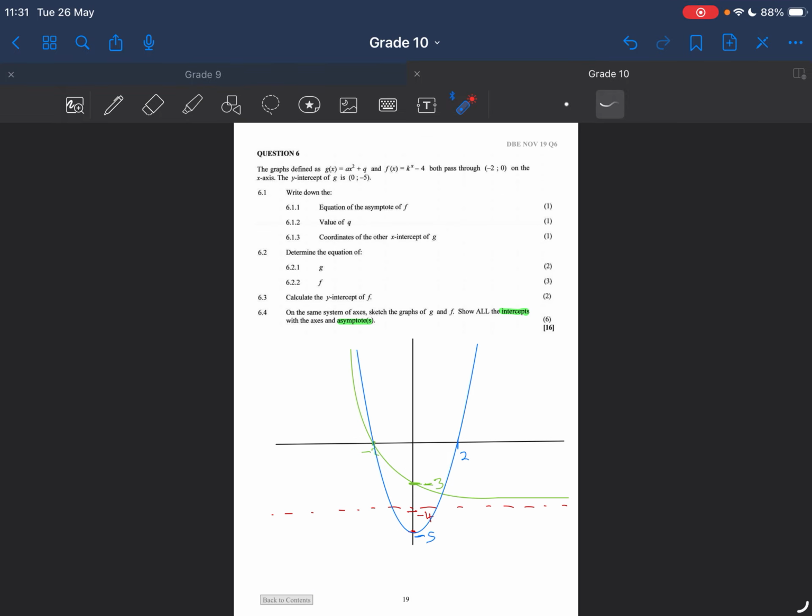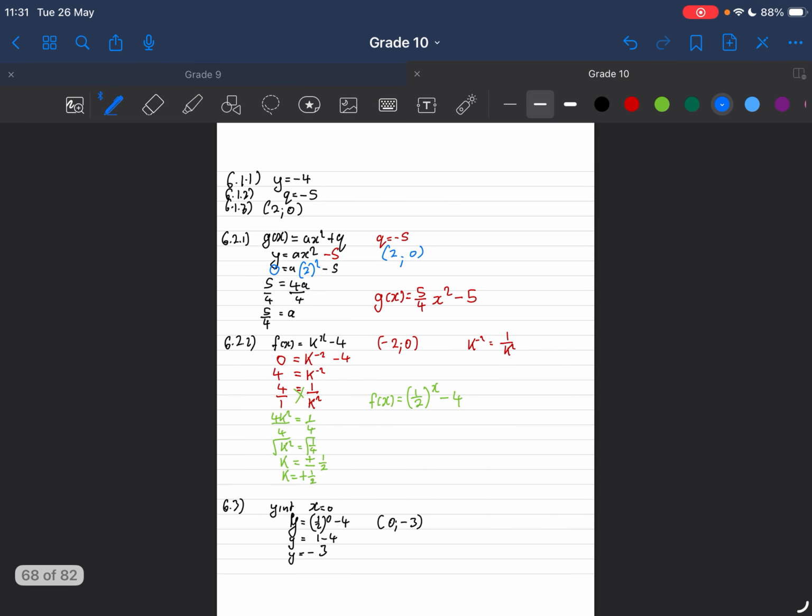And that should be done. That's the main thing. Obviously you'd put your names and stuff. So x-axis, y-axis. This is the line y is equal to -4. This is my graph of f of x, and this is my graph of g of x. All right, and then I'm done. Okay, I hope that